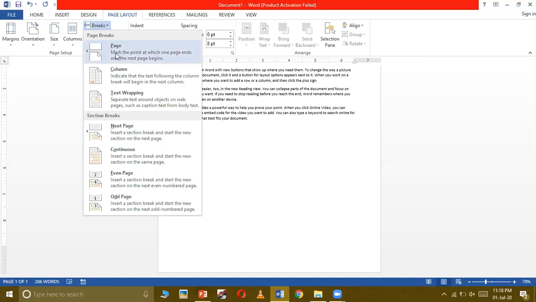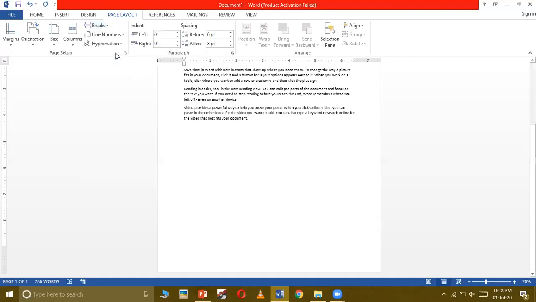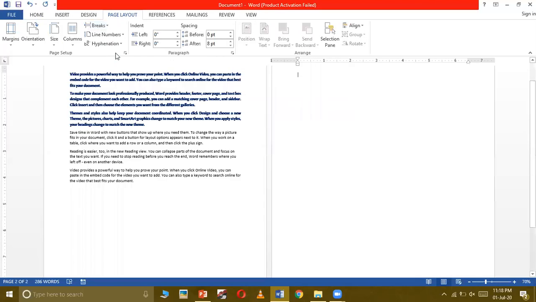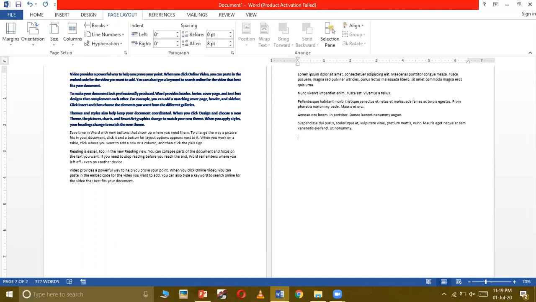So click on the page, and the page at the point where your typing cursor was is ended at that position, and you can see the typing cursor has been moved to a new page. So now whatever you will type, that will be typed from the new page only, and you do not have to worry about the filling of the previous page.